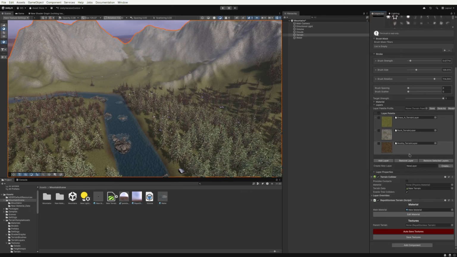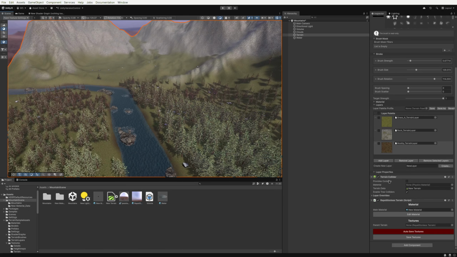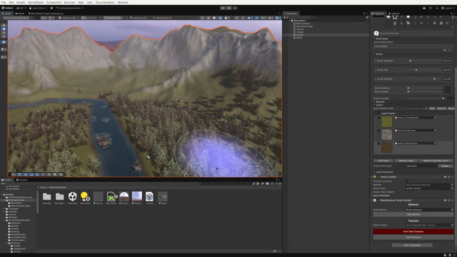So the terrain layers are globally synced to the material, which basically just means you can only have one set of terrain layers for a material. And if you have two different terrains with the same material, but different terrain textures, it will basically just use the most recent one you've synced. So if you sync this one with these textures, the other terrain will also use these textures because it's on the same material. And to fix that, we use the parent terrain field here, which will just take all the